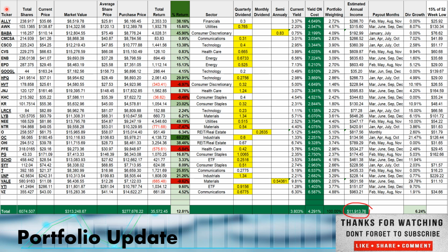But here you can see the ticker. These are all the positions in the portfolio. And in my opinion, it is important for folks out there. Some of you are new investors. Some of you may be just getting started. Some of you may be on the fence about whether to start investing. And some of you who may have started already, maybe you're seeing some red in your portfolio and maybe getting discouraged. So it's important, in my opinion, for you to see a real portfolio built out over time